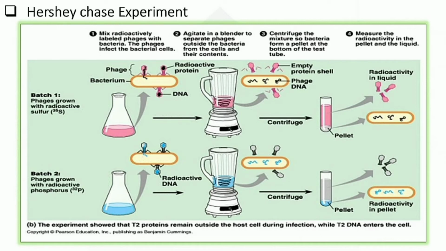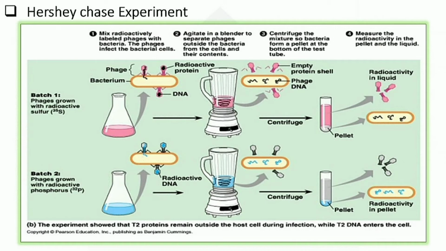This was their first set of experiments. In the second set, what have they done? They followed the same procedure, but in this case, they used S35, which is sulfur 35, to coat the protein coat of that bacteriophage. And again they followed the same procedure, like they allowed the bacteriophage to replicate, and then